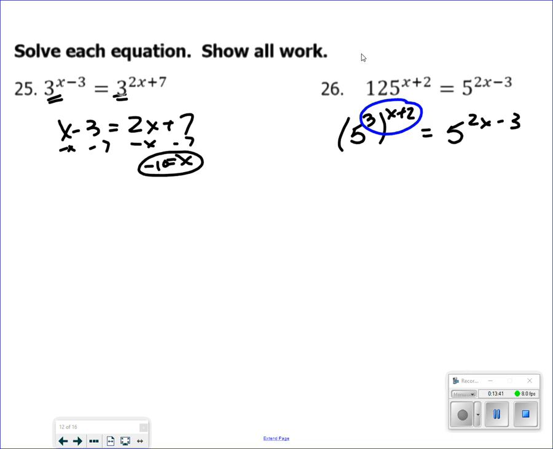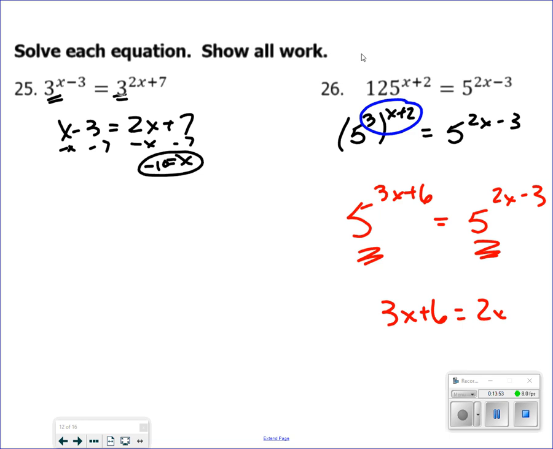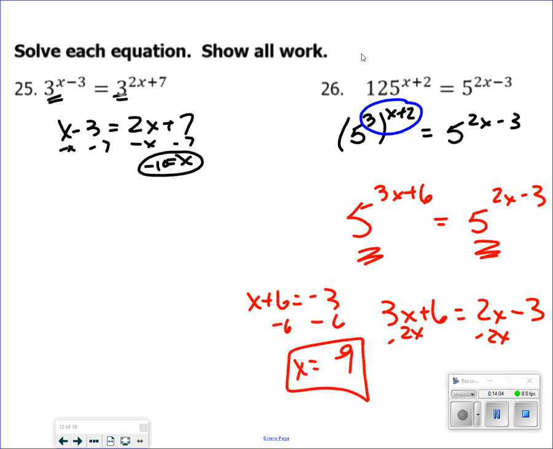So I changed the 125 into 5 to the 3rd, and then I did power to a power. So now the bases are the same. Solve the exponents. And so I'm going to subtract 2x and subtract 6. And so the answer is negative 9. So again, I gave myself some more space, so I apologize if it is glitching a little bit. So the next one,